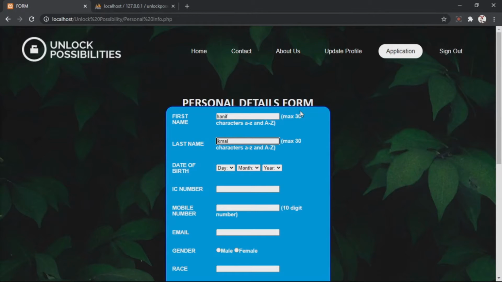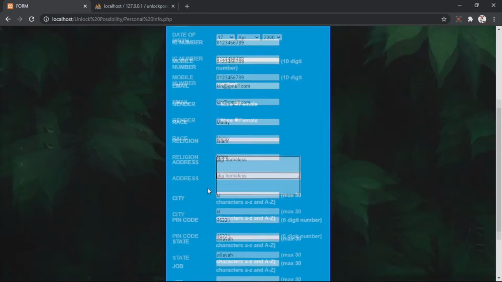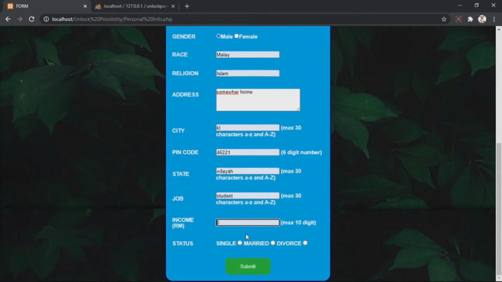So put my name, date of birth, IC number, phone number, email, your race and religion, address, your job and your income, and also your status, and then you click submit,